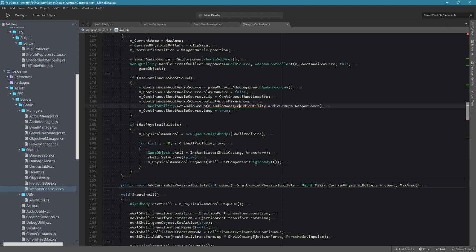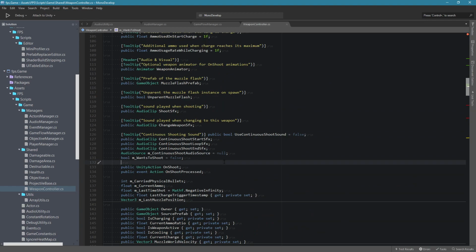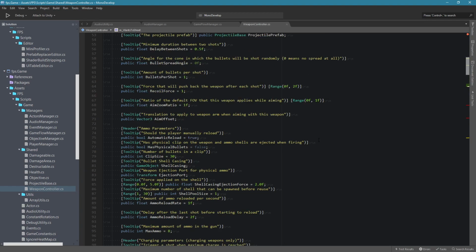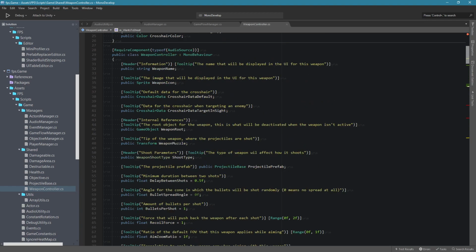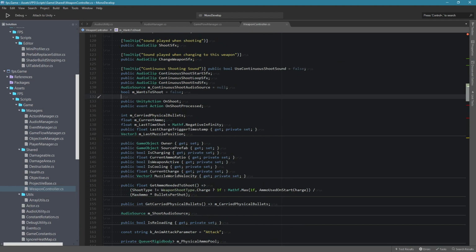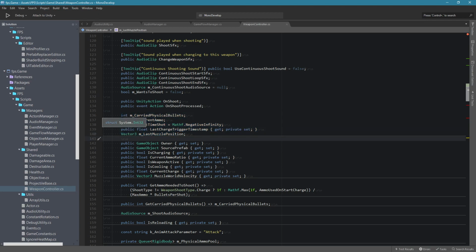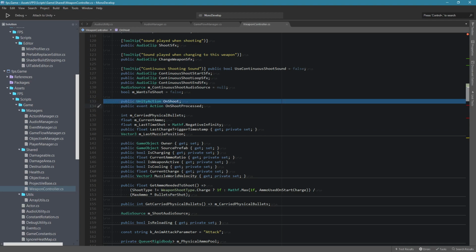Oh, okay. So here's another weapon controller that also would need it. Jesus Christ. Do you know which ones of these are serialized and which ones are not? I mean, these are all public, so they are serialized. These are public, but they are properties, so they are not serialized. Then there are a couple in here that are non-public, so not serialized. Then we have a Unity